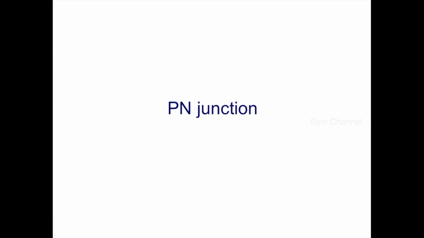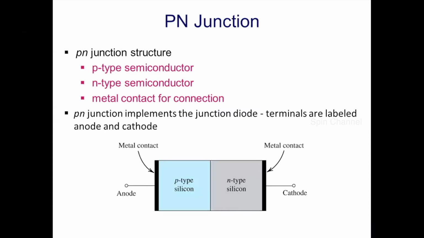Having understood the basics of semiconductors and about current flow in semiconductors, let us discuss the p-n junction. Consider a semiconductor crystal doped with a p region on one side and an n region on the other side. The boundary between the p-type and n-type regions forms the junction called a p-n junction or p-n junction diode. The physical structure is shown on the slide. External metal contacts are made from the P region and N region, which constitute the diode terminals, namely anode and cathode.